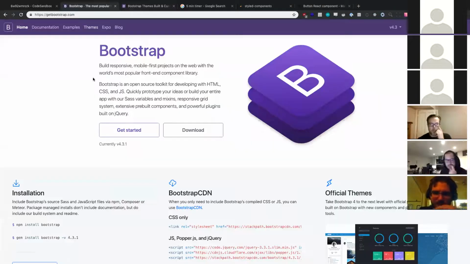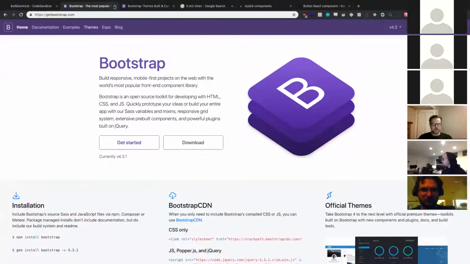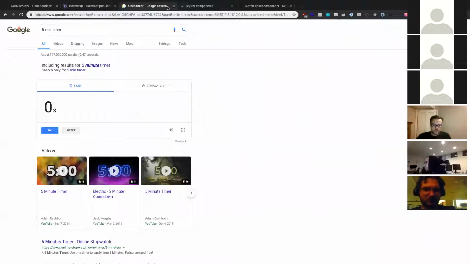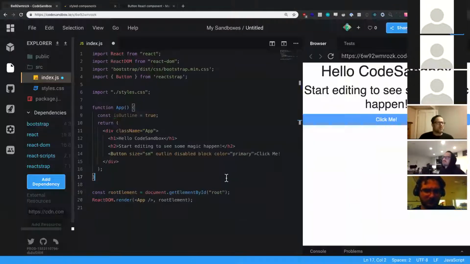So Bootstrap is a library. Okay, it is a UI library that has all of its own UI components and allows you to use them in the Bootstrap manner. Get bootstrap.com and then you can type in or Google reactstrap documentation and you'll get that. Next thing we're going to talk about is